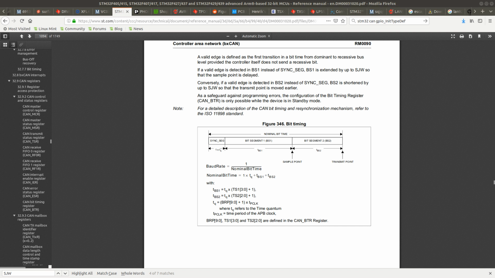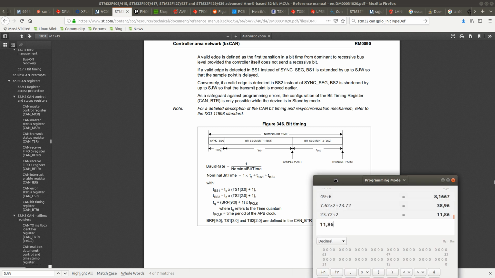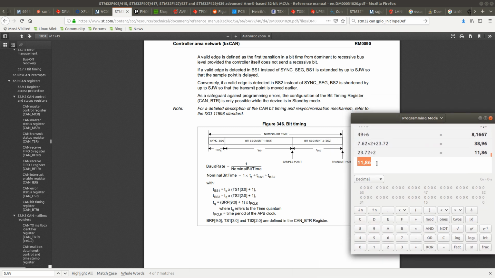So the bit time will be, let's see, 1 divided by 10, that would be the TP clock, 100, times 10, that would be the time quanta,